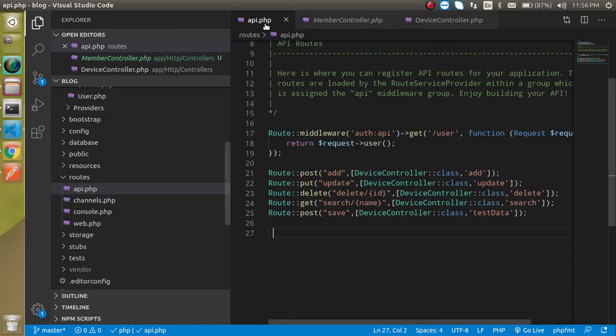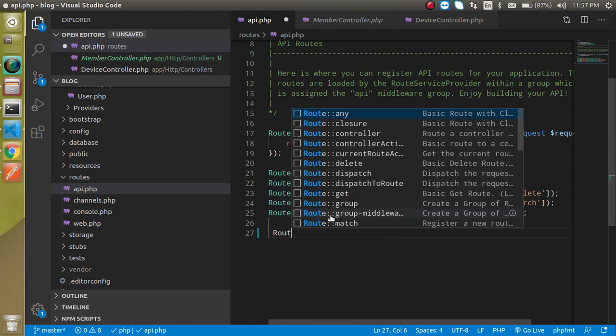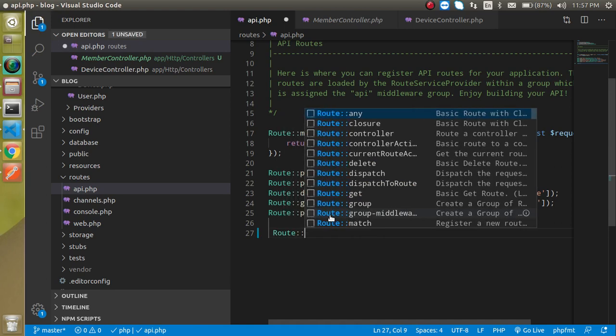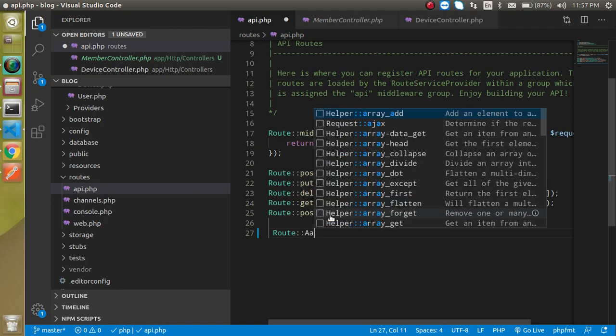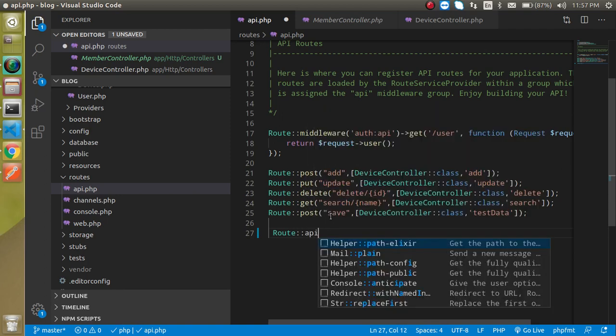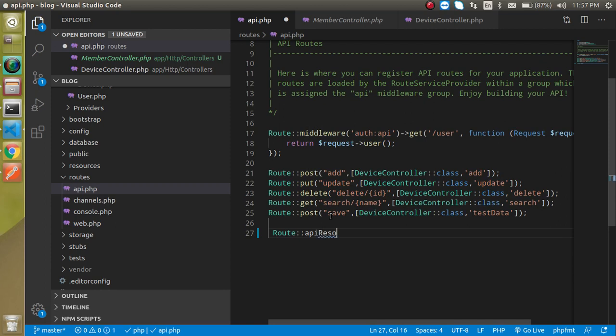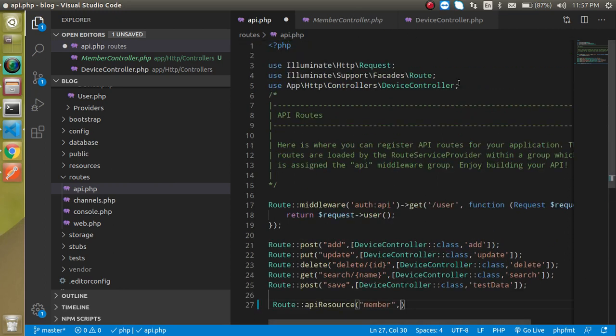So now what we need to do is create just one route for all of these. Just write Route, and the method name is resource, or you can put apiResource also. Let's put any route. Let's say my route name is member, and my class name is also MemberController.